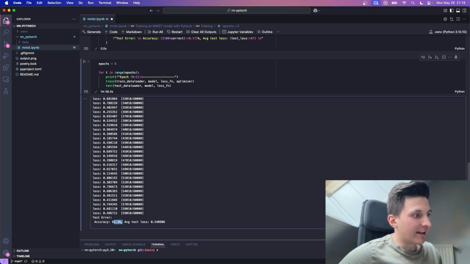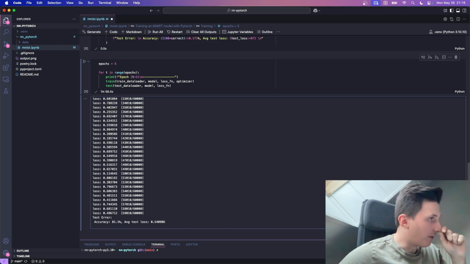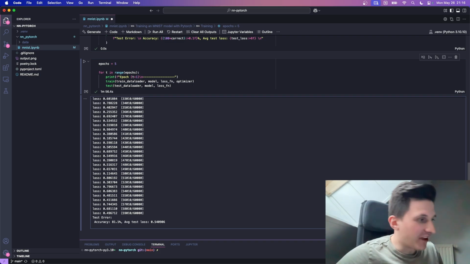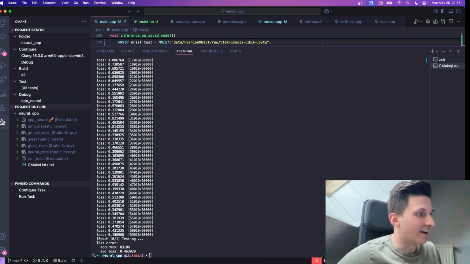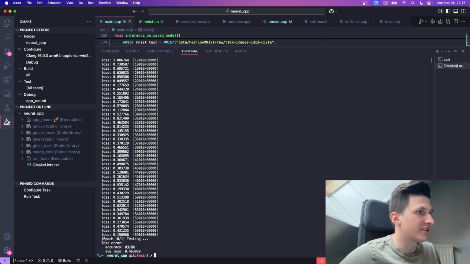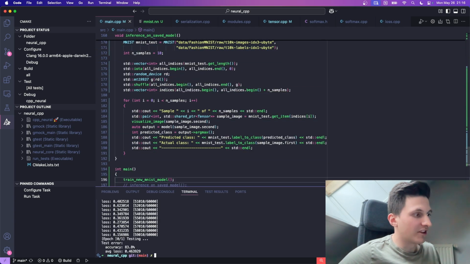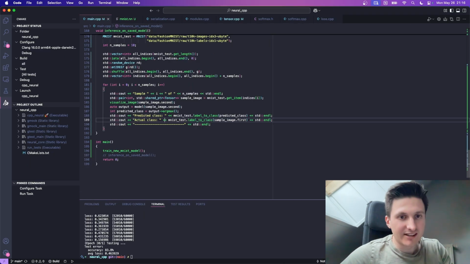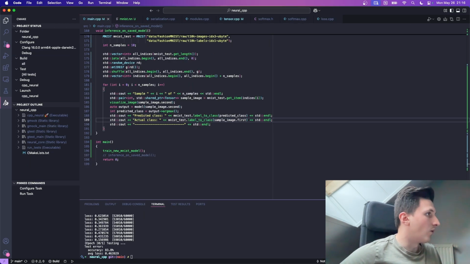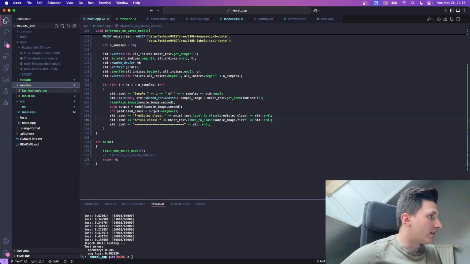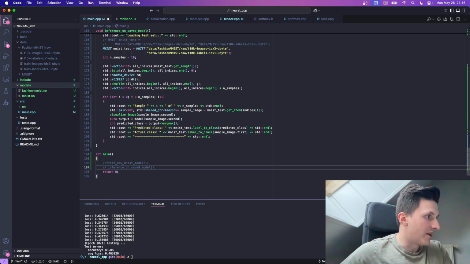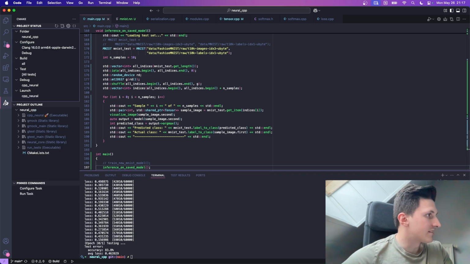which is slightly higher than the test accuracy that we had when training in PyTorch. So this is that. It maybe takes 100 times as long, but at least we get some better accuracy. Of course, we are not hitting the 95% accuracy of the regular MNIST dataset because this is harder. So let's see. Okay, our model is now also correctly saved. So let's also try to do some inference on our saved model